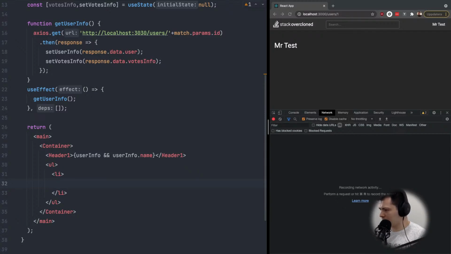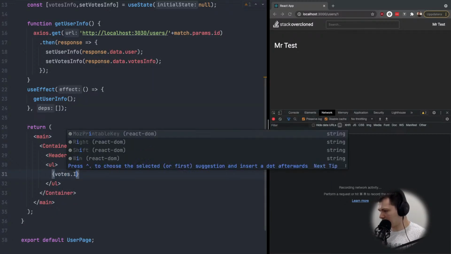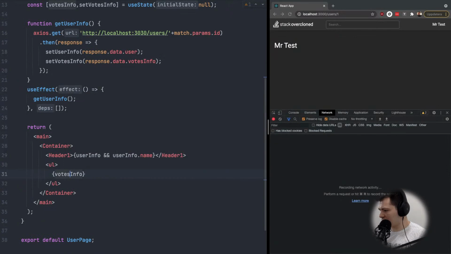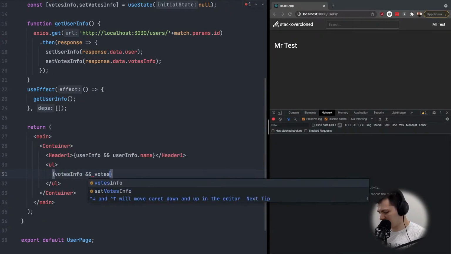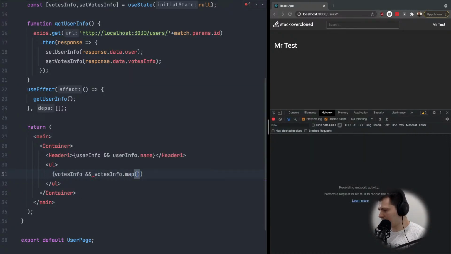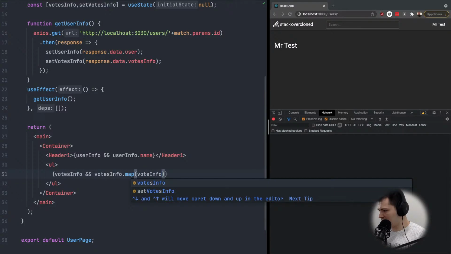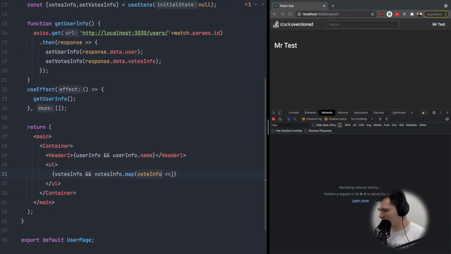So for every votes info, if there is anything, then we'll do votes info map, and for every vote info row, let's call it like this, we will do li,